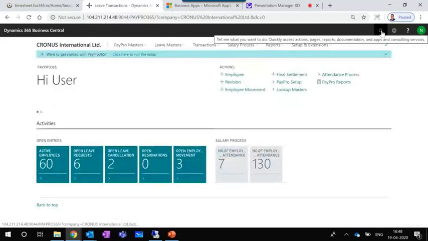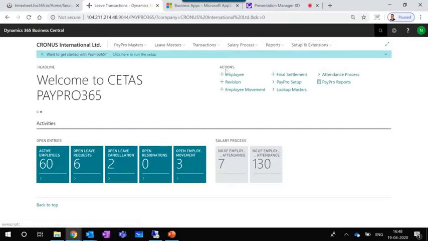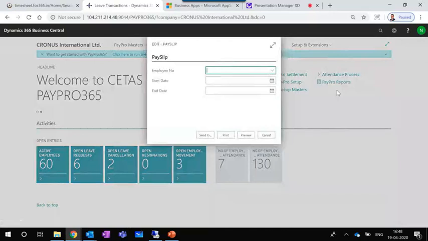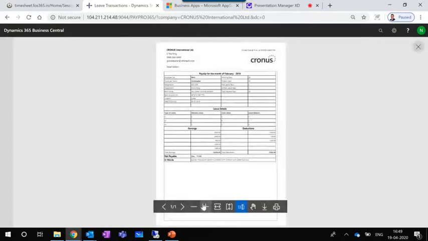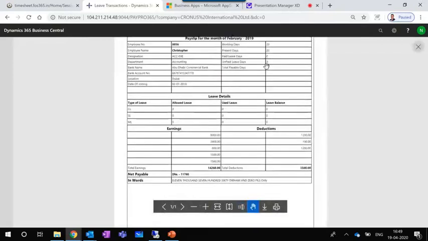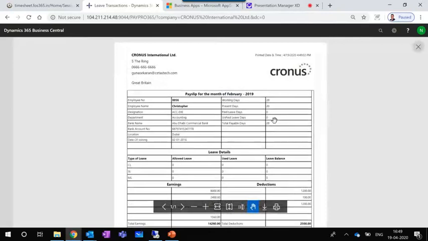So we are using the default Business Central's employee ledger entries tables for the integration to GL. Once it is done, the system has the capability of generating password-protected payslips. That is automatically triggered to the employees, sent by email. Suppose you want to see a particular employee's payslip, we'll be able to generate it from here. Okay, so this is the default payslip format.